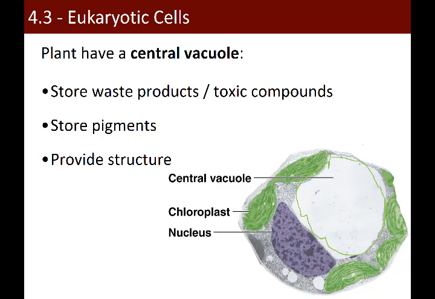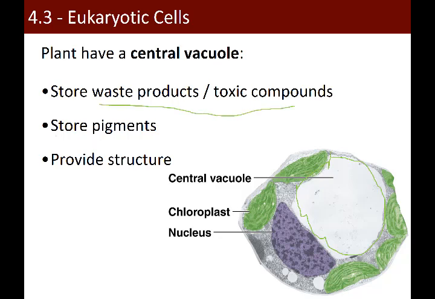Remember we said plant cells could be up to 90% water? A big portion of that water is actually just stored as fluid water in the central vacuole. Other things that can be stored in the central vacuole include waste products and toxins, additional pigments that can be used for photosynthesis,